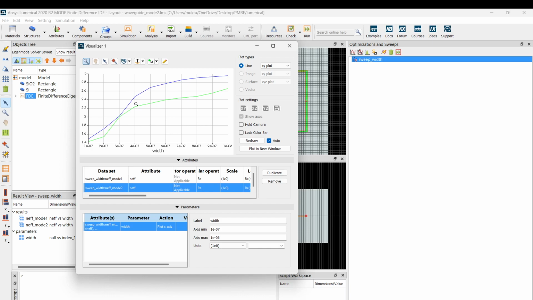So the simulator is not able to differentiate between the different modes as such. It's only taking mode 1, mode 2 based on the effective refractive index. So that's why this is not a very reliable method, but if you want to have single mode propagation, you can always look at this graph and then see which is 1.5.